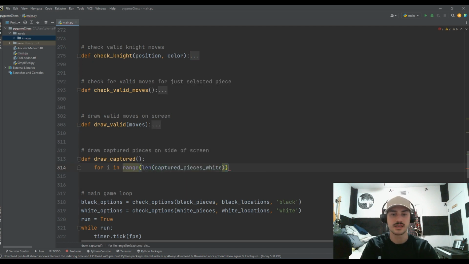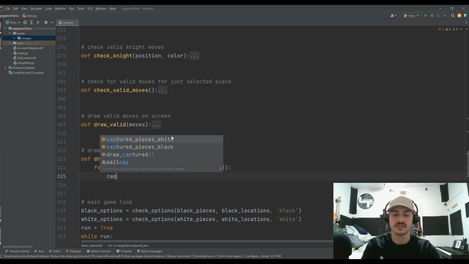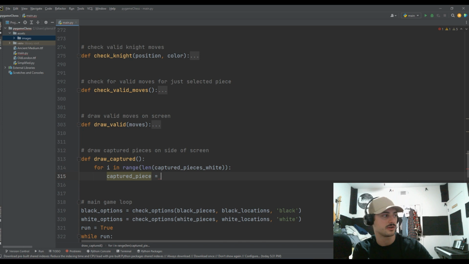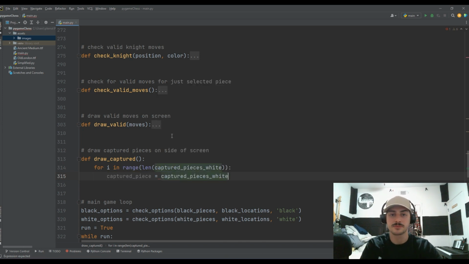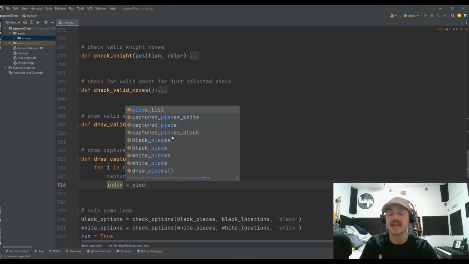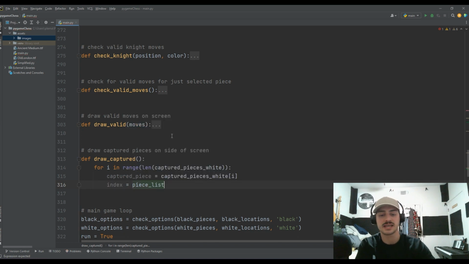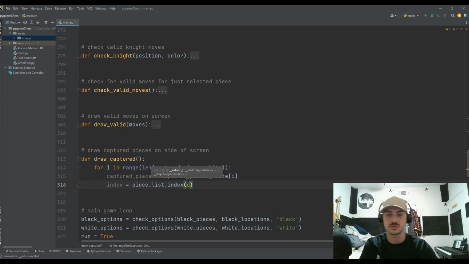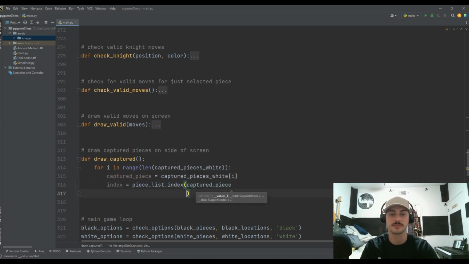white, then we will just go ahead and say the current captured piece, a little temporary variable here, is equal to captured pieces white at index i. That might sound silly, but remember back to when we first drew those pieces on the board, we have to figure out what index belongs to them on our piece list so that we can figure out the right image to use. So the index of the captured piece,